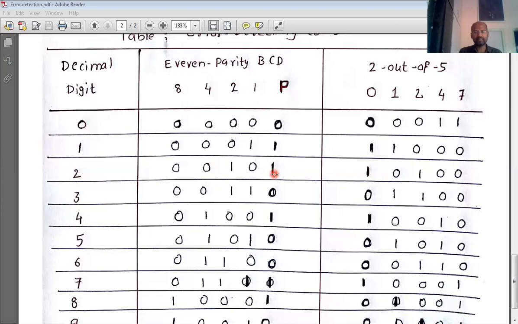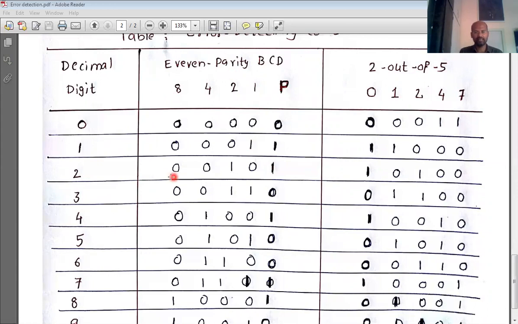Even parity means that including the parity bit, the number of ones in these 5 binary digits should be even. That's why it gets its name, even parity.